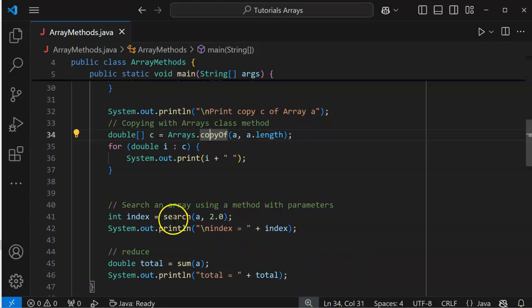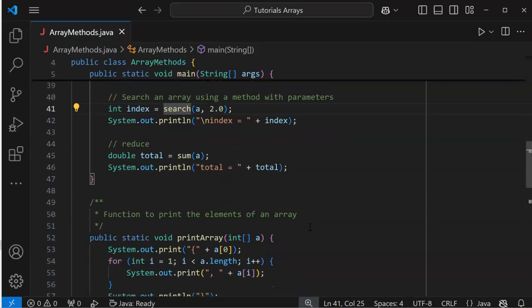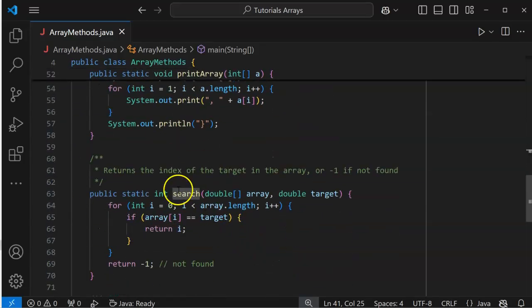We can also search an array using a search method. Well, let's see how that works. Here's our search method. We're bringing in an array. We're trying to find a target. We're going through the array one at a time. If the